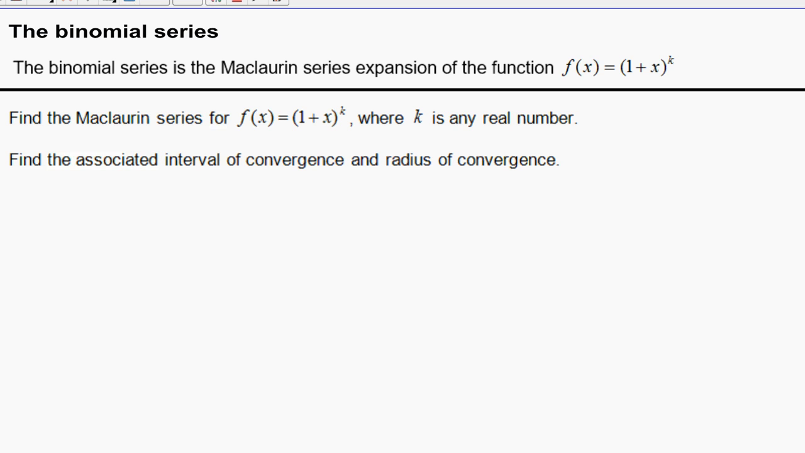Now, find the Maclaurin series for f of x equals 1 plus x to the power k, where k is any real number, and find the associated interval of convergence and radius of convergence. So we follow the same process we used in the beginning to find a Maclaurin series for any function, which means you have to find the derivatives and find the value of those derivatives at x equals 0. So f of x is equal to 1 plus x to the power k,